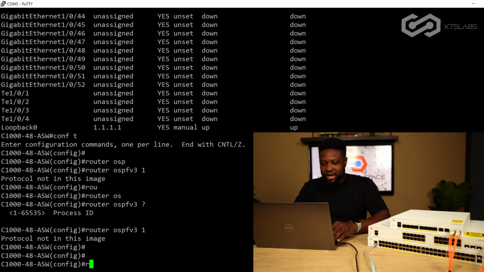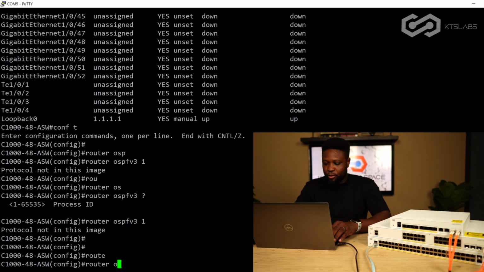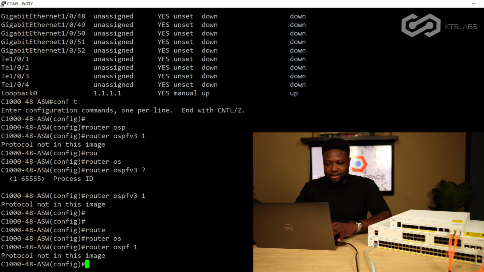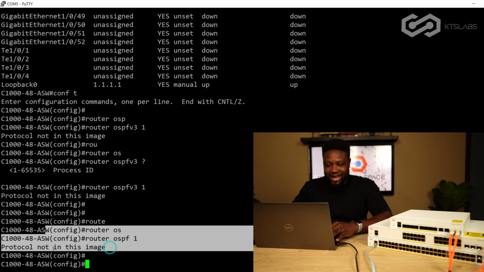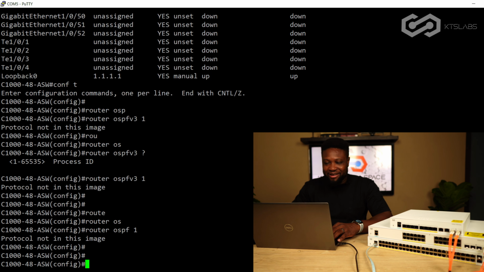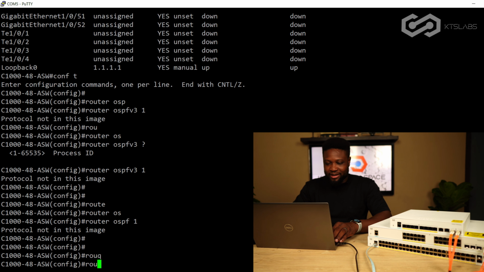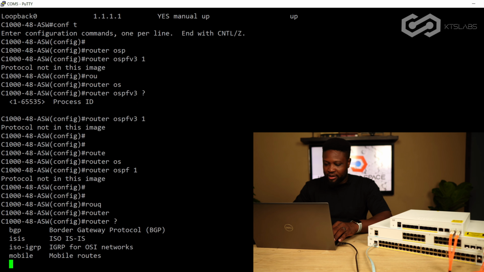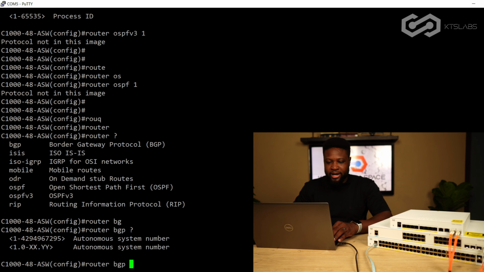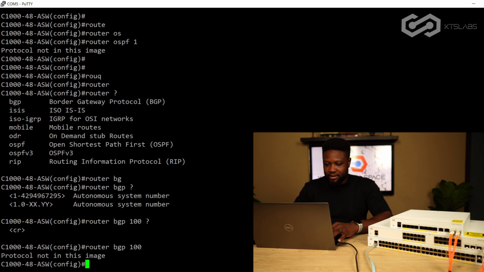But okay, let's try OSPFv4. Router OSPFv4. Let's give a process ID of 1 and enter. Okay, so again, that is protocol not in this image. So hey, we are finding some things out here. Okay, so let's do router. Do you see EIGRP? IGP, EIGRP, BGP. Okay. So BGP. Yeah, AS number, right? So we are going to give it an AS number of 100, and